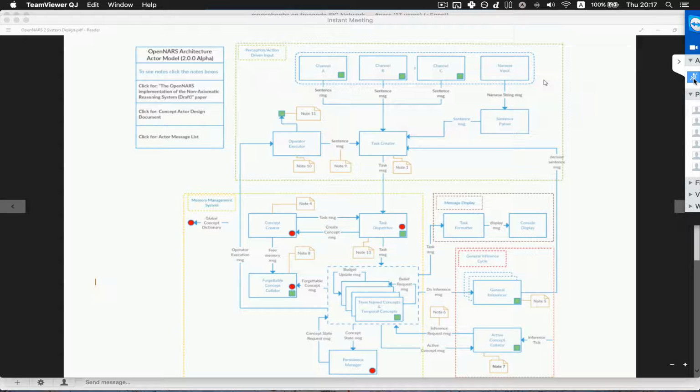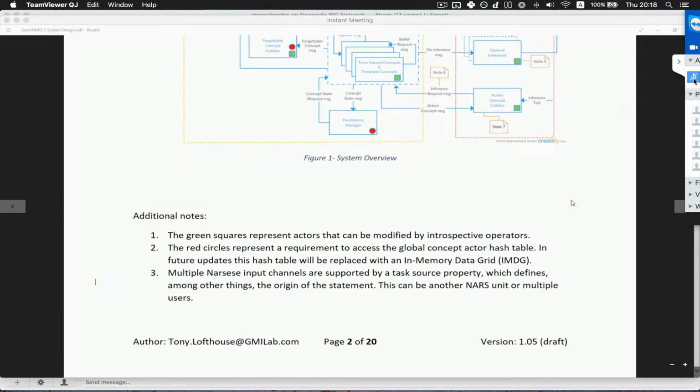Pei raised an interesting observation when he went through the design spec. He said, should there not be multiple input channels? Now, not OpenNARS. I've already built that into the design. That's what the source parameter is in the metadata. It specifies where the statement came from. So if I quickly skip down to that section,